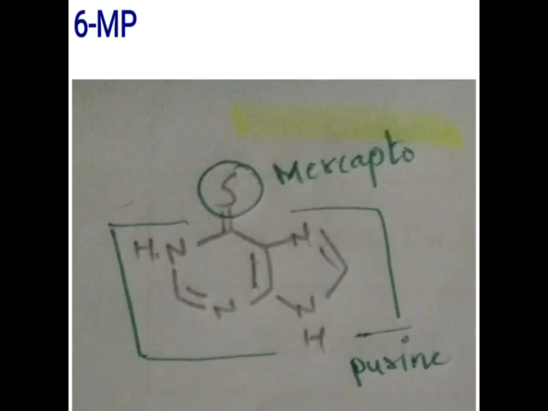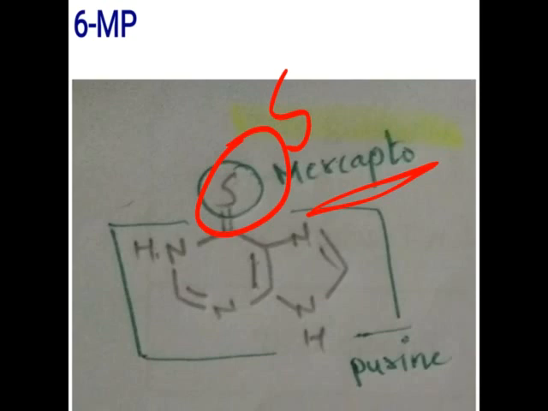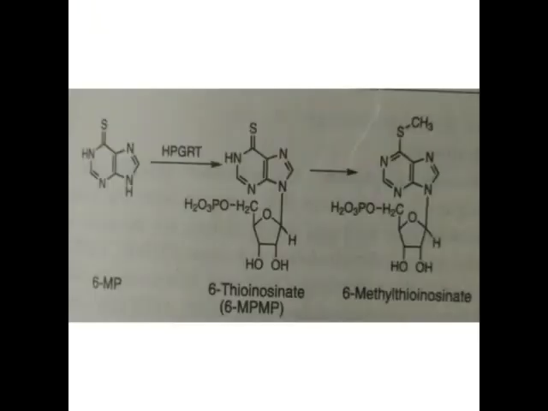Okay, now the first drug, that is 6-mercaptopurine. At the 6th position there is a mercapto group, that is, sulfur is present. So this drug is called 6-mercaptopurine. If you eliminate the 6th position, this part of the structure is called the purine structure, which is actually present in adenine and guanine. But when you add the mercapto, that is the sulfur part, then when it enters the DNA synthesis, wherever a purine is present, it consists of sulfur in that purine.